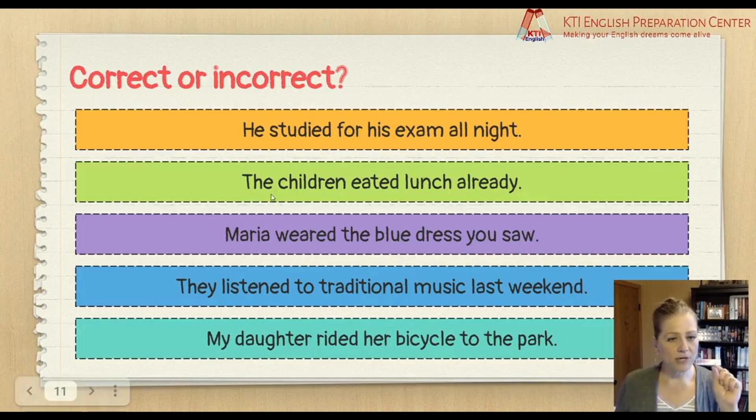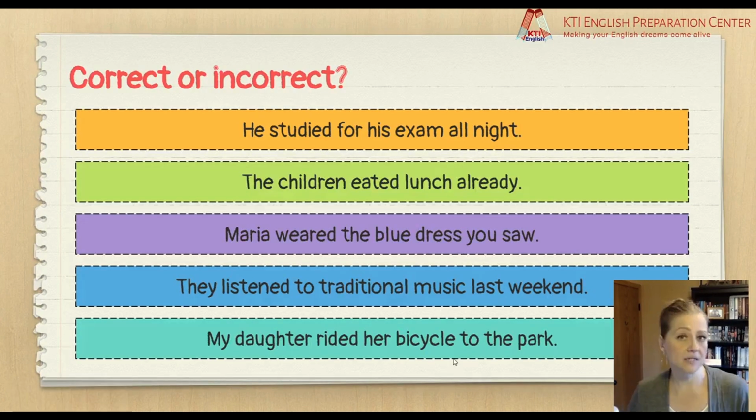The children, this green one, the children eated lunch already. So our time marker already tells us it's past. Maria weared the blue dress you saw. They listened to traditional music last weekend. My daughter rided her bicycle to the park. So I read them all. You might have read them all. And you're saying,